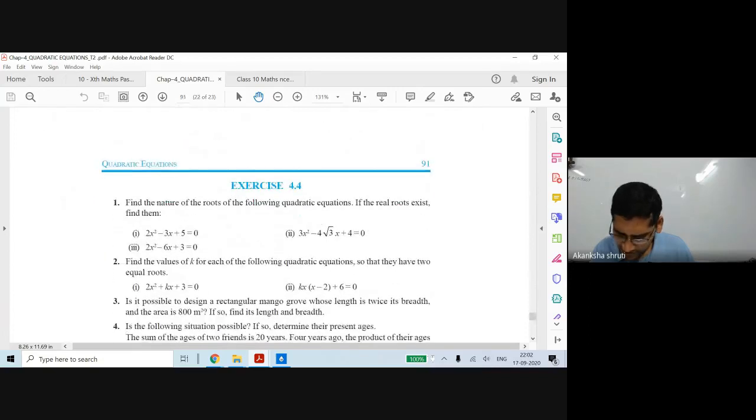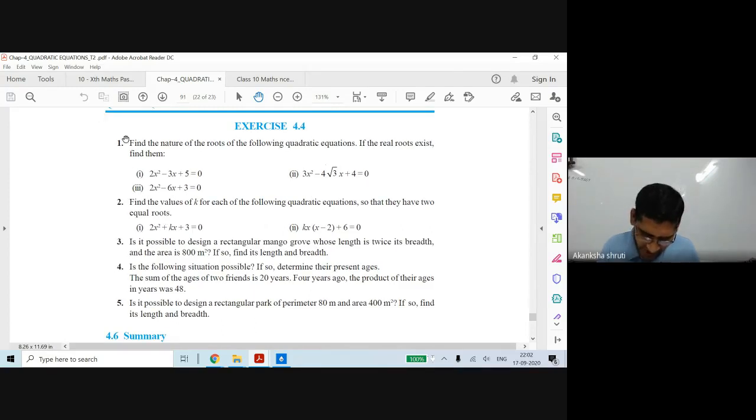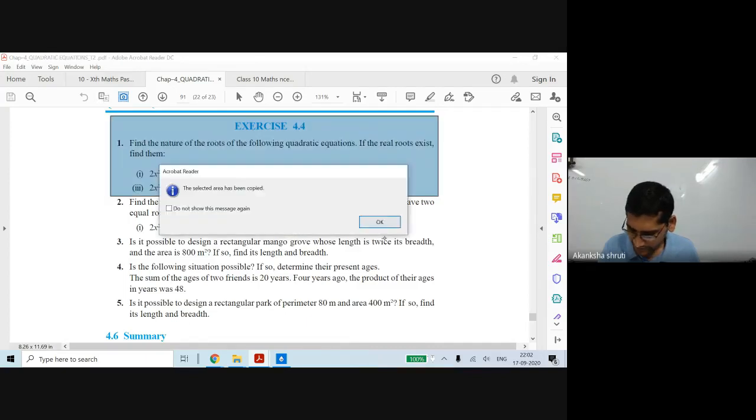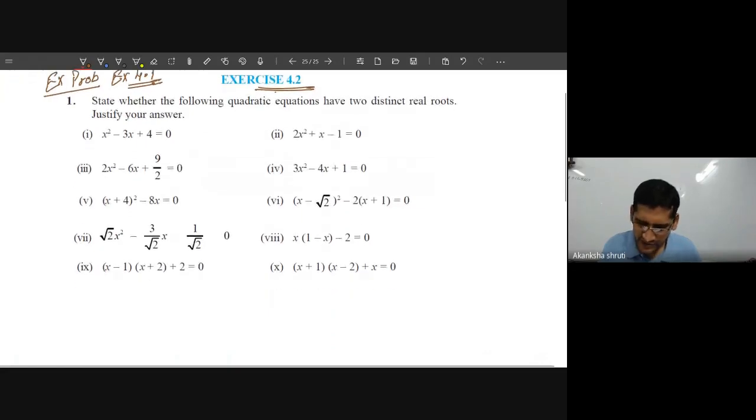Yes, students, please do this. Exercise 4.4. The value of k for which the following equation has equal roots, unequal roots. You just do only question number 1. Question number 2 we will discuss tomorrow. It is not such a simple question that is asked in your examination. So equal root, unequal root पे बेस्ट किस तरीके से हम अननोन को फाइंड आउट करते हैं, that we will discuss next day. Today you please do only this much.